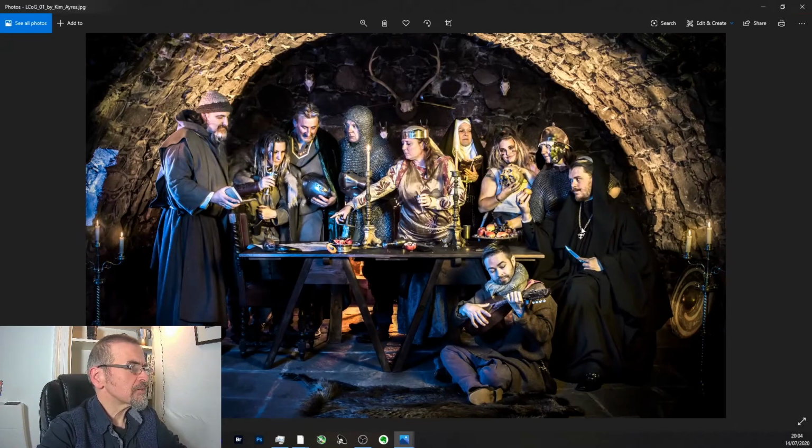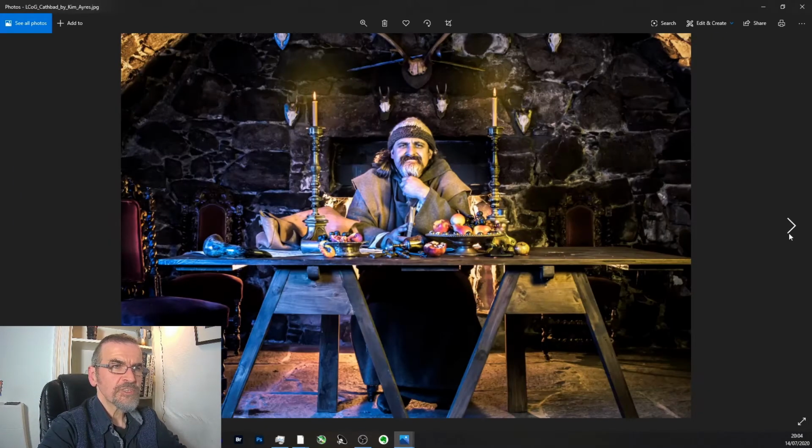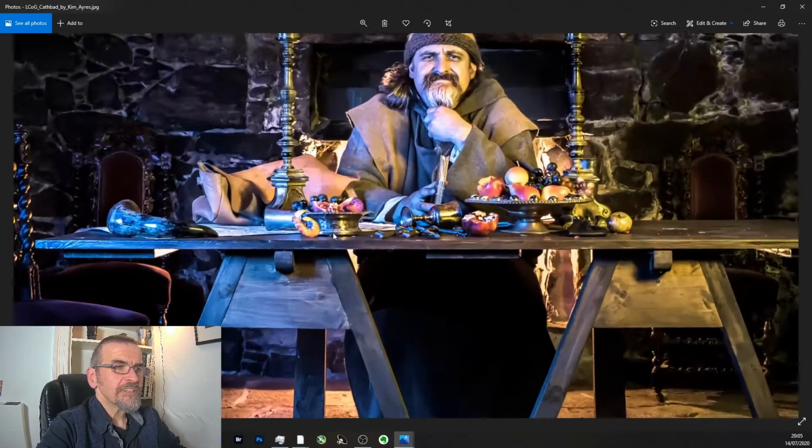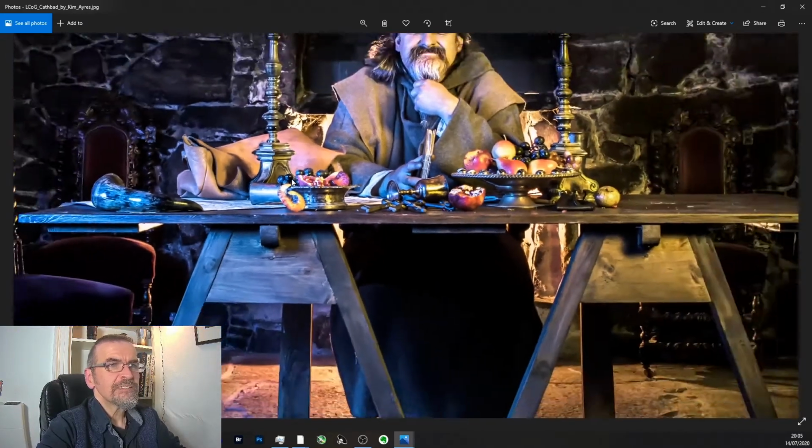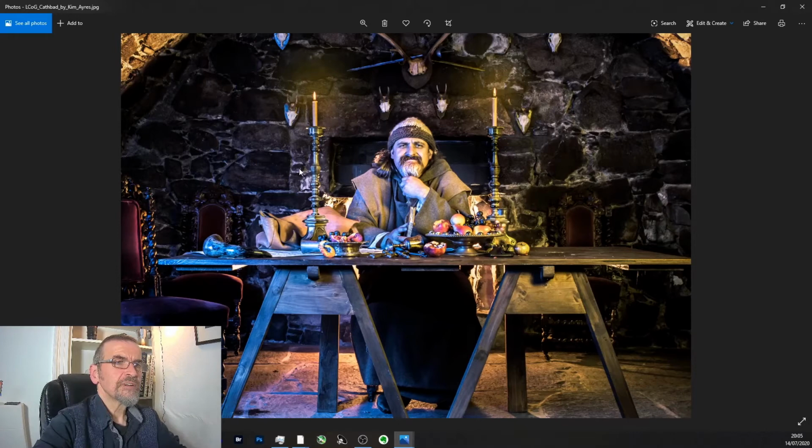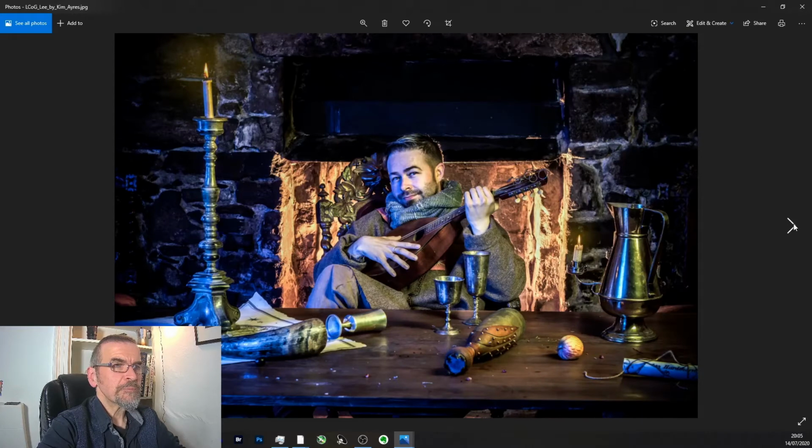And let me show you a couple of other pictures from this, because I then did a set of individual portraits. So we've got Cathbad here, the monk, and again you can see the fruit here. It's very much a straight on kind of picture, but you can now start to notice that we've got this yellow glow coming from here. You can see the orange firelight from behind. We've got the blue coming in from the window. Similarly, when we put the musician back up on here, we've got much more fire now. You can see the way the light is bouncing around